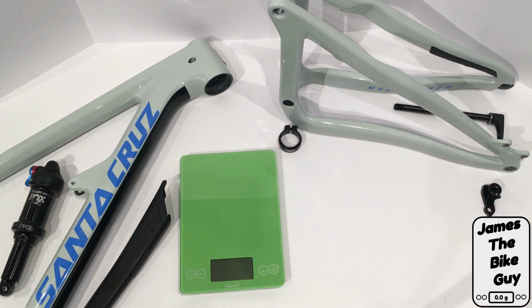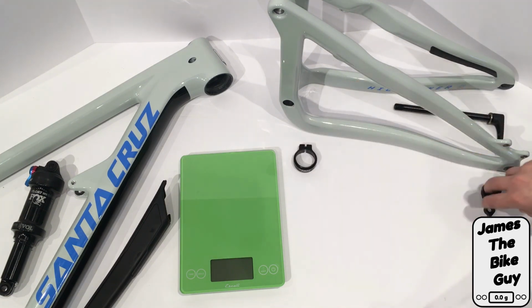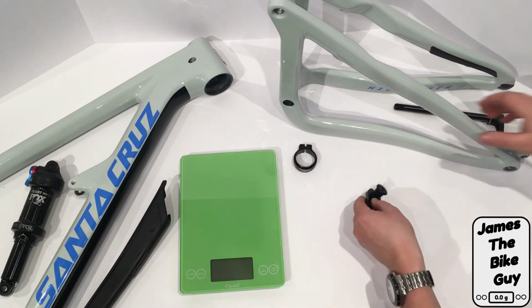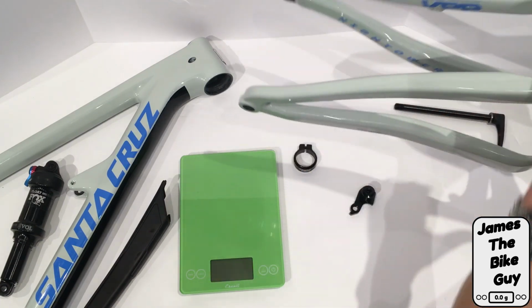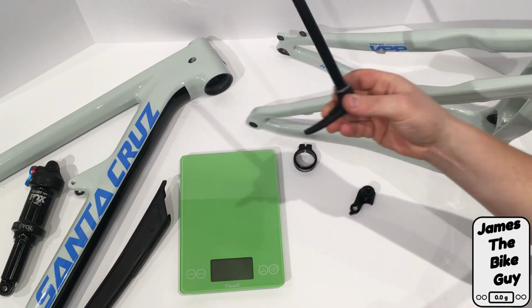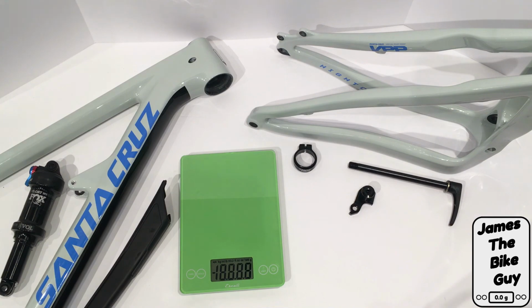So the rear end of the bike here does have a couple of pieces. We've got our derailleur hanger with its nut. This derailleur hanger, of course, threads right into the drive side of the rear end of the bike. And then you've got your through axle, which is made by DT Swiss. So this part of the bike,